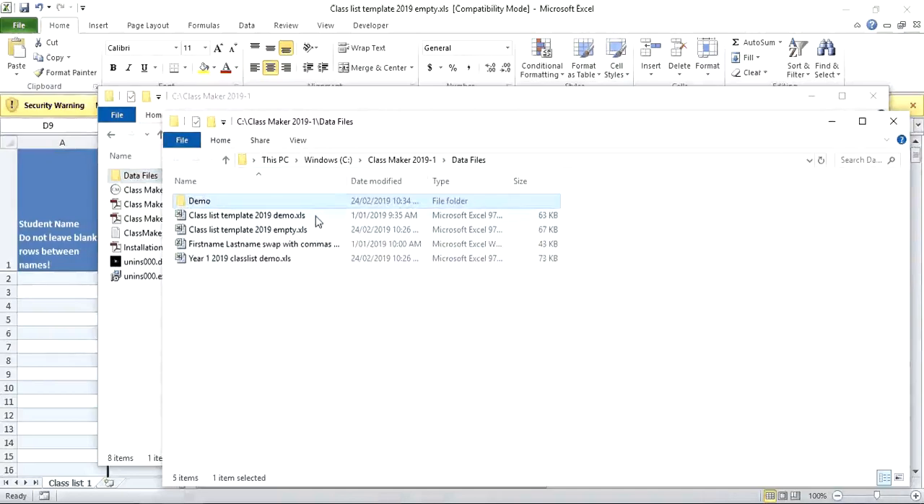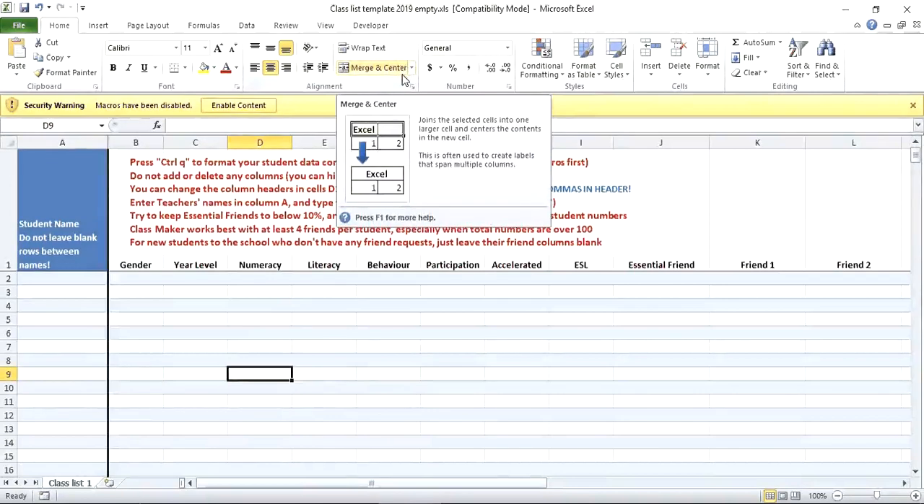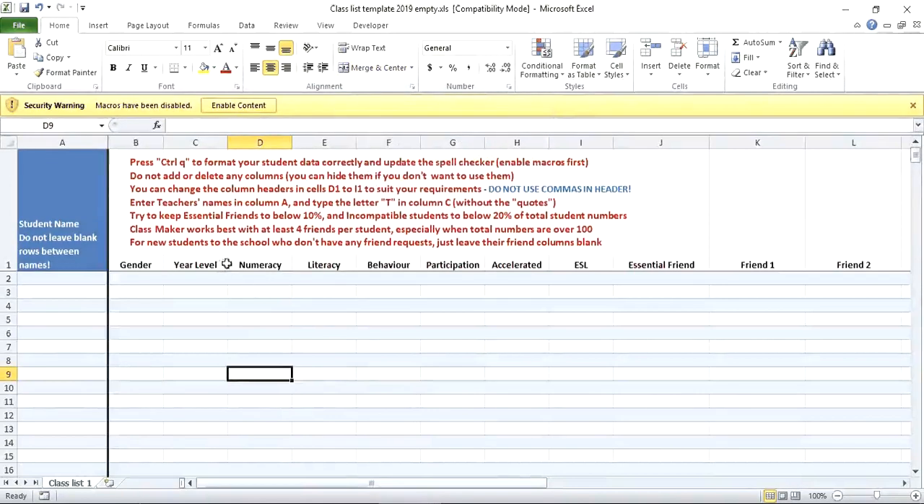In that you'll find a number of demos, an empty file, and one that's designed for looking at here, the class list demo for 2019. Let's begin by opening the template, class list template 2019 empty, which is shown here. This empty file contains all the columns and the headers in the right locations so that you can create your